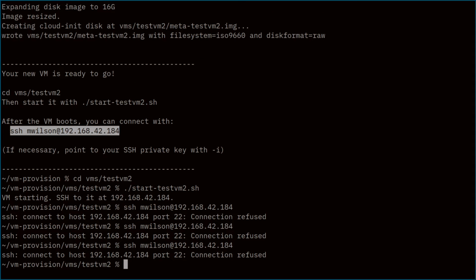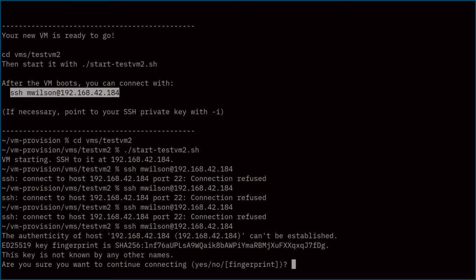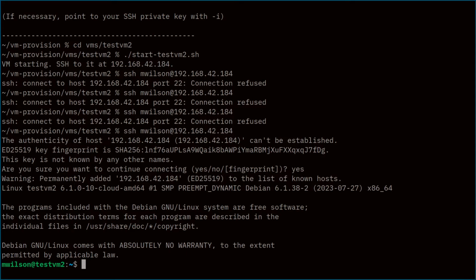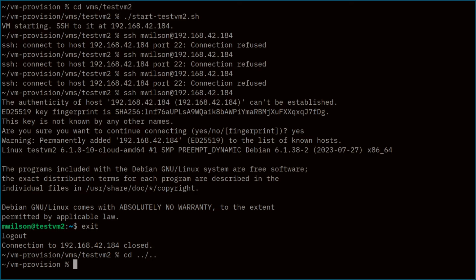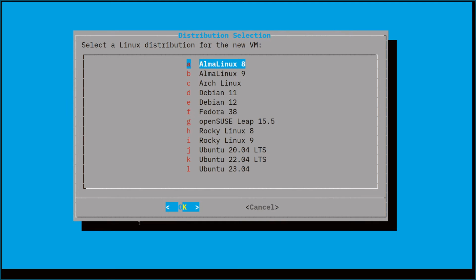Oh, it's actually thinking about it a little bit this time. There we go. My VM's up and running, and I'm able to SSH into it with that user I told it to create. So test VM2, another Debian 12 VM. So we can leave that running, and then just by way of demonstration, let's do one with a